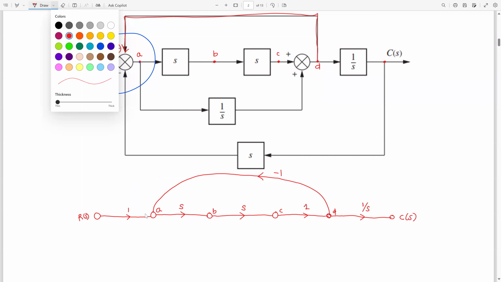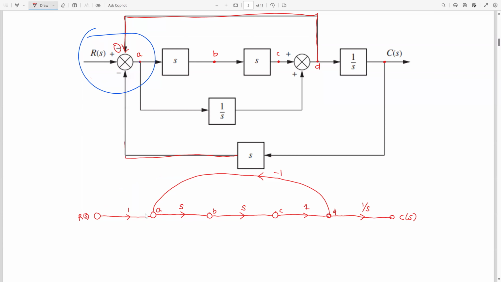Now I'm done with this side. Let's concentrate on this side. Okay, the signal coming in from this side. You can tell that it passes through this feedback block here, then it goes straight to the output function. So it means that I have to take a curve from the output function here and then take it to the input of the summing junction over here, right? So I take it from here, and I draw it, and I take it to node A,